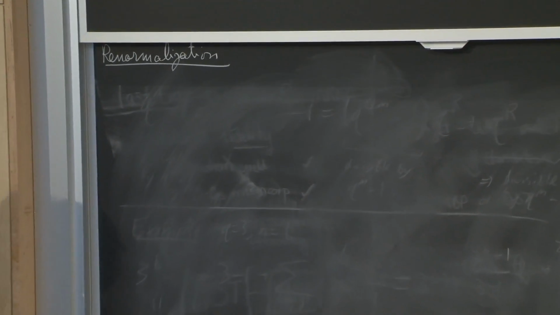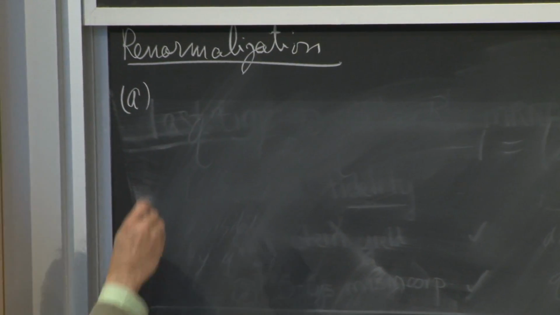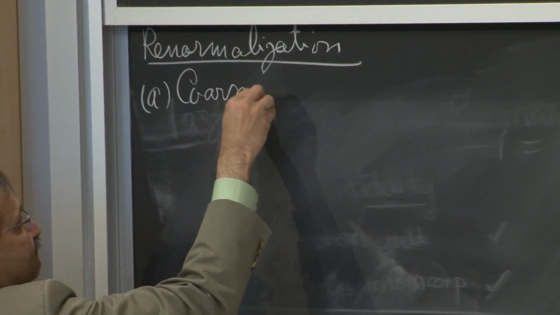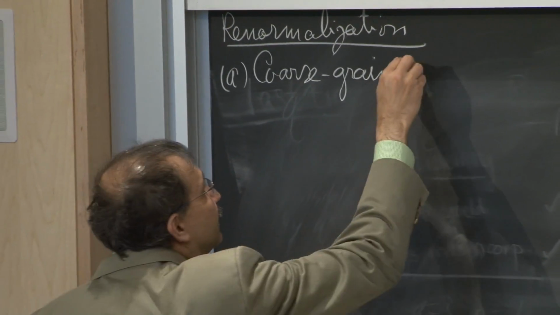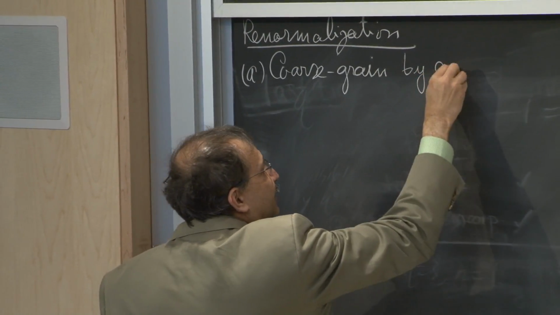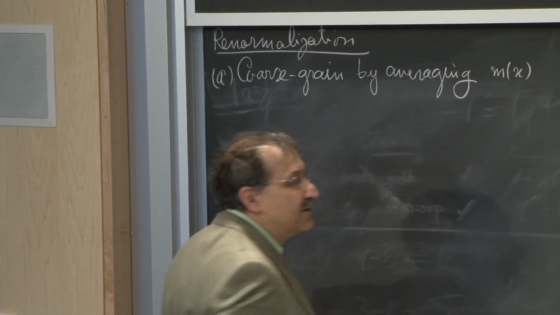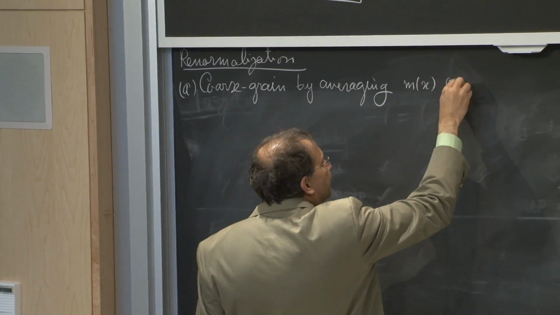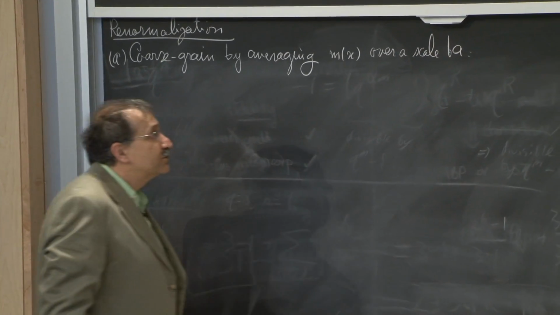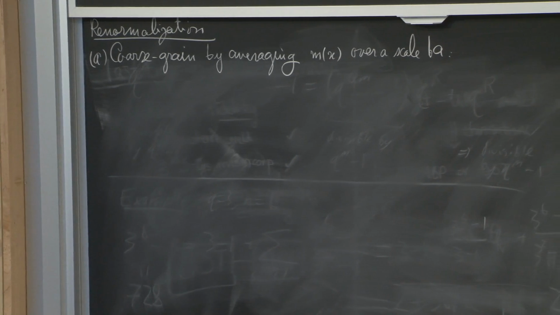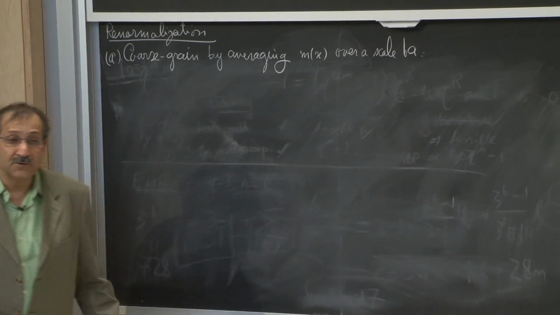So the first step, what I will do is to coarse grain further. And by this, I mean averaging m of x over a scale BA. So previously, I had done my averaging of whatever spins, etc., were giving contribution to the overall